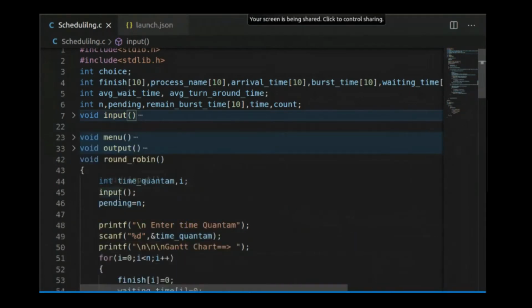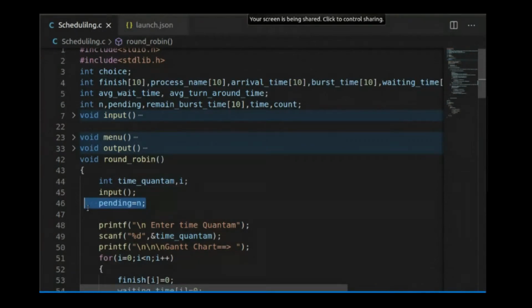After the input function, what else is required as input? We require the time quantum also. I have specifically read the time quantum value in the round robin algorithm only. Then we have declared the pending processes as n. Pending means the incomplete processes, because initially none of the processes is completed.